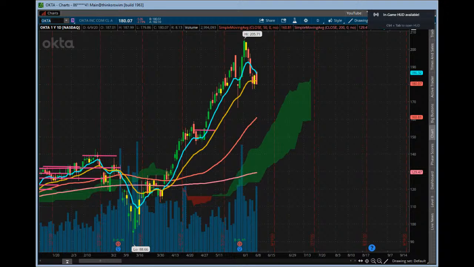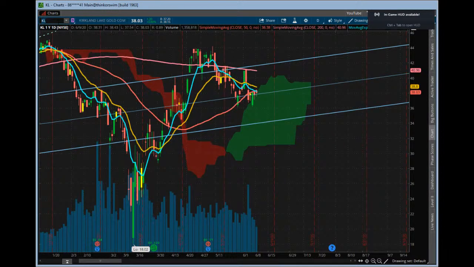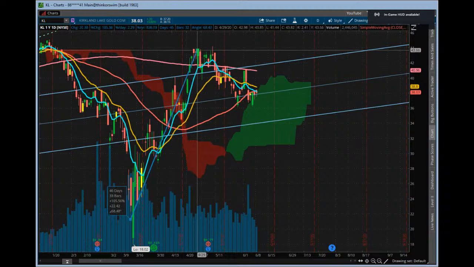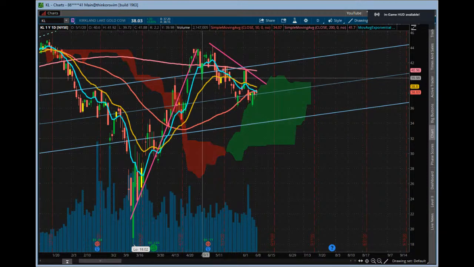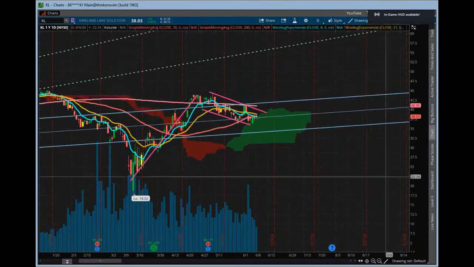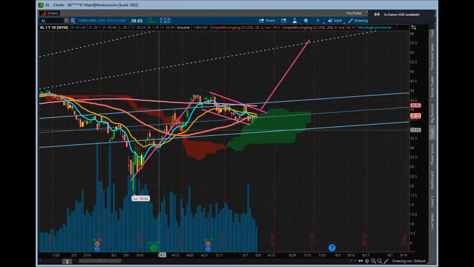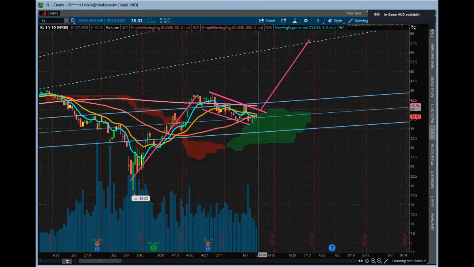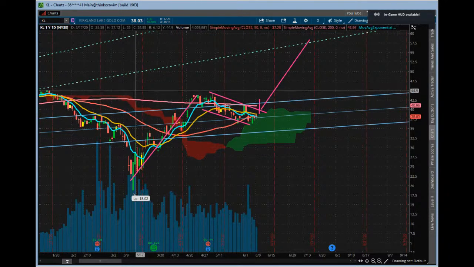Reed, what's going on? KL. Yeah, I like it. So nice move there. It's kind of hanging on there into the cloud. Really actually could be working on a really large bull flag, right? Which means that this thing could potentially work its way back up into the 50s and see what it does. See if you can break out over these levels. I think this could be a good line. That 200-day moving average could be a line. So if we get some volume over there, see if we can work its way up. That could be very interesting.